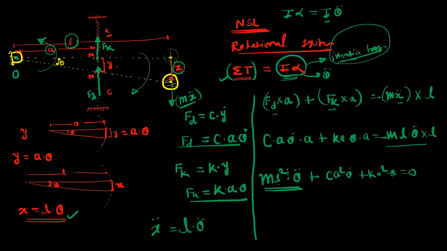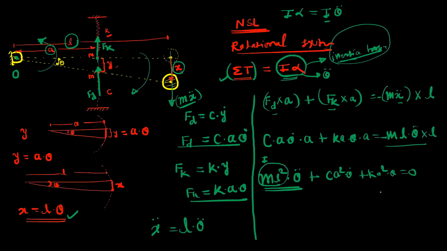So the first term m L square represents the mass moment of inertia, because the given system is just like a simple pendulum, only it is in the horizontal direction. And this mass m is located at distance L with respect to the point of rotation. So it will have the same moment of inertia as that of the simple pendulum, so it is m L square. This is the I value, and theta double dot is the angular acceleration. And therefore this right hand side is the inertia torque.